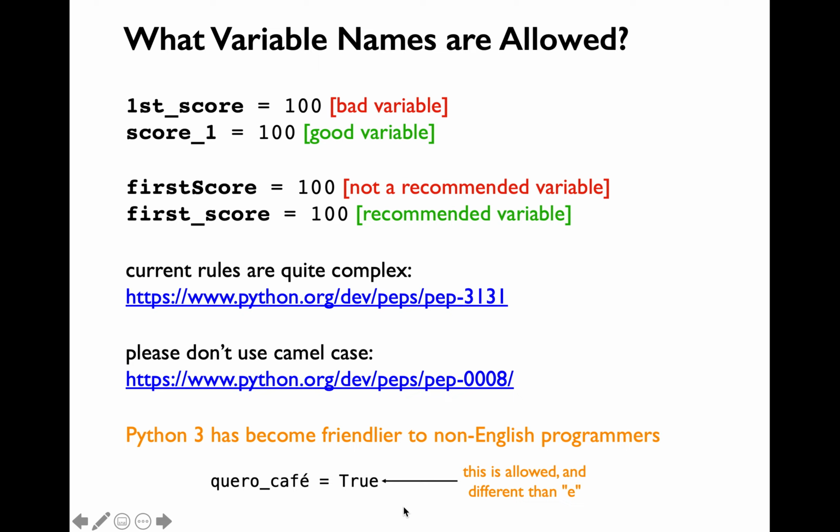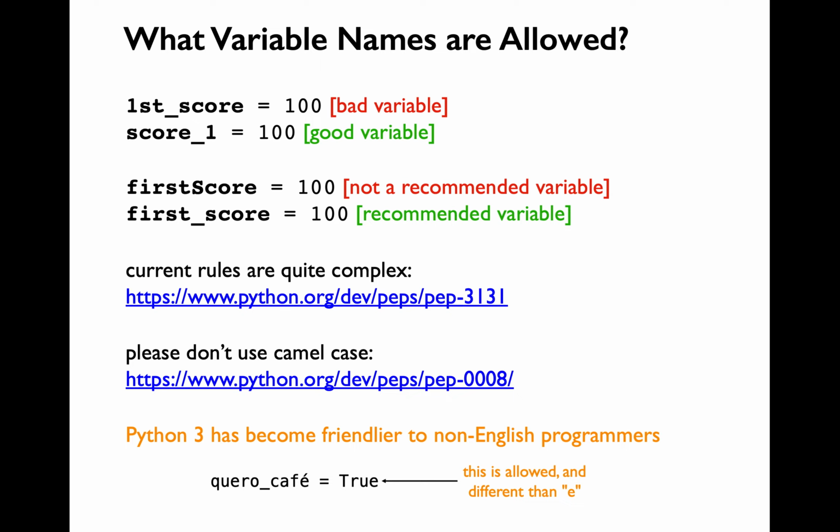I cannot possibly go over the rules for all such allowed characters. Instead, I'm going to give you conservative rules which, when followed, will guarantee that you can find good variable names. Before we move on to the conservative rules, I want to offer a recommendation based on the PEP 8 style guide.